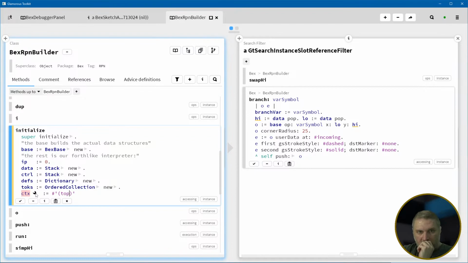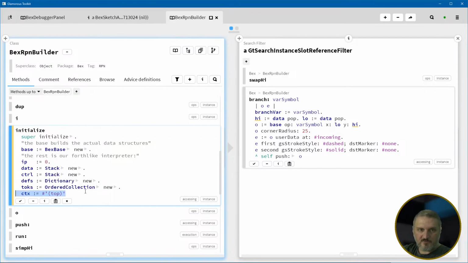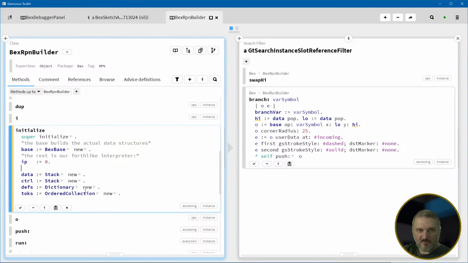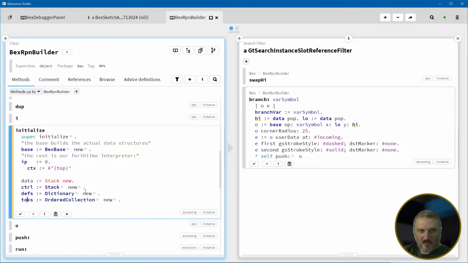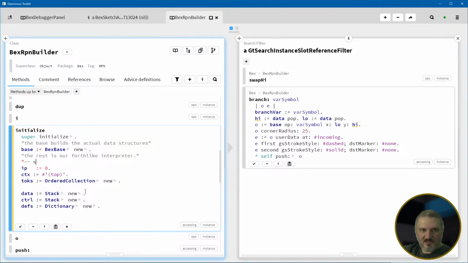Right? Because I have to push those two things onto the stack. I have to push the list of tokens and the IP and the context. These three things onto the stack. In this, because this is such a high level thing, add slot. Right, so these three things are what a stack frame is. This, and the list of tokens, which is kind of weird. You would never do that in a real low-level machine. So this is the stack frame,